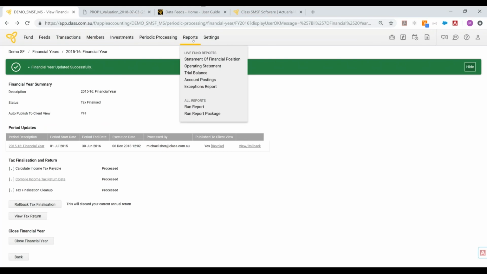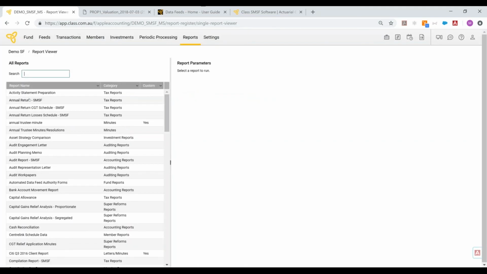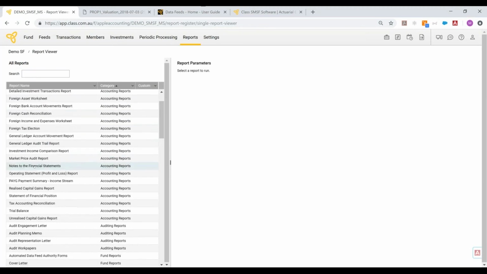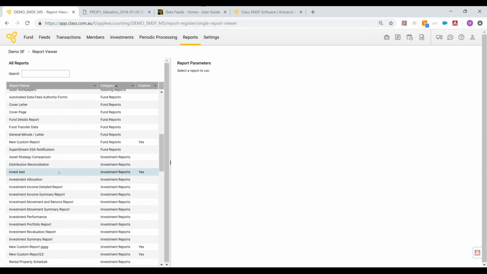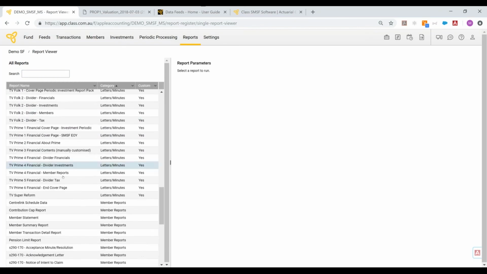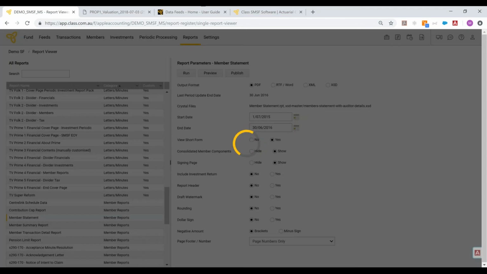Now, when it comes to generating your reports, normally you would create a report package, but just to show you, this is a list of all the reports you can get on Class. We've got the annual return, all the accounting reports you could possibly need, all the financials. We also have an extensive list of investment reports in here, all the minutes and letters that you would need, members reports. So as an example, here's a members statement that the Class system will generate for you,